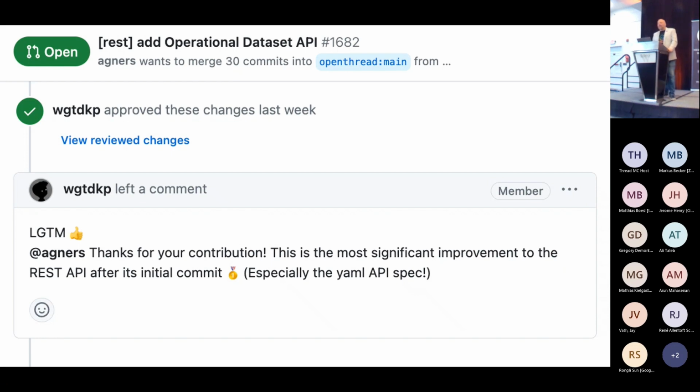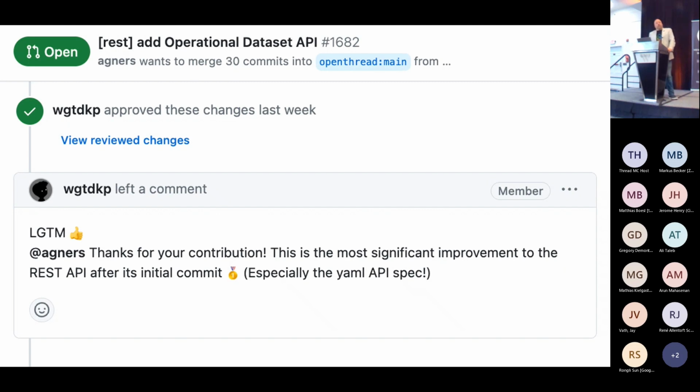We are using the Open Thread Border Router with the Silicon Labs chip. But what we realized is that we want to manage the Thread border router. We want to manage the credentials because our goal is that for a user to have the best experience with Matter, all the Thread border routers need to be aligned. They all need to have the same data set credentials. So the first thing we had to do is interact with the Thread border router and get the credentials and set the credentials.